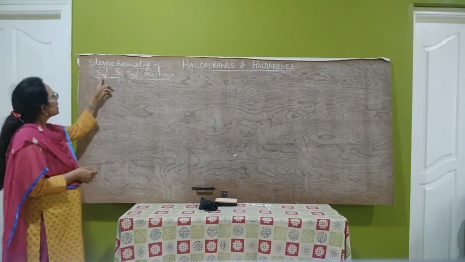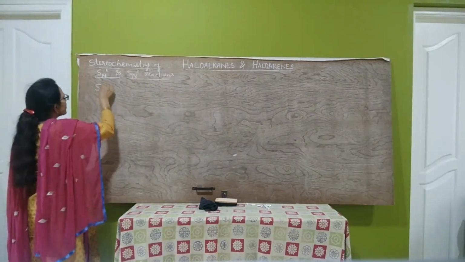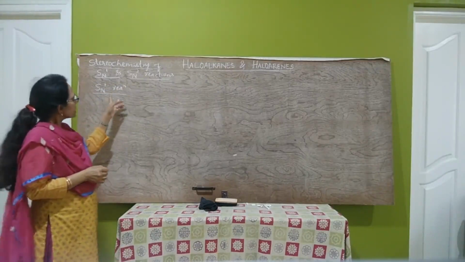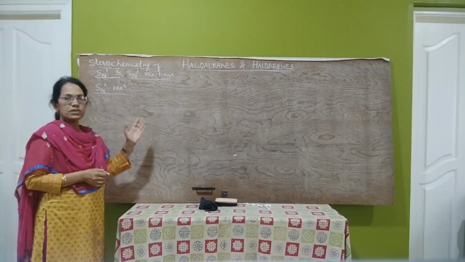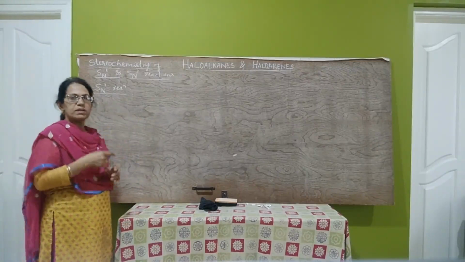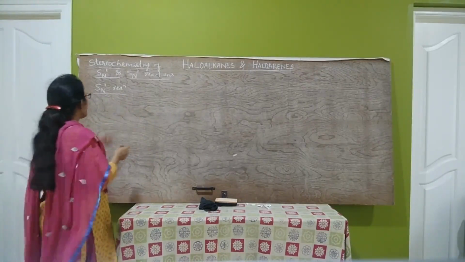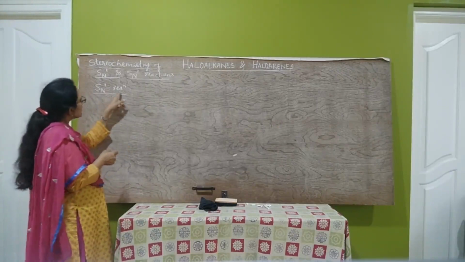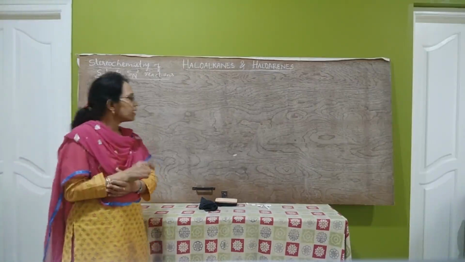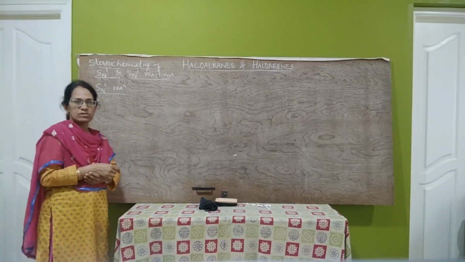So first let us study the stereochemistry of the SN1 reaction. In the SN1 reaction, the reaction leads to racemization. Why does it lead to racemization? Because during the SN1 mechanism, a racemic mixture is formed. This is because during the SN1 reaction, a carbocation is formed. That carbocation is sp2 hybridized. That means it has a planar structure.